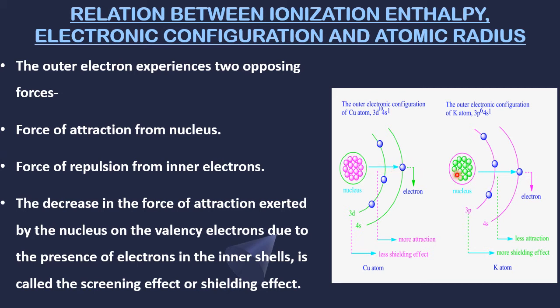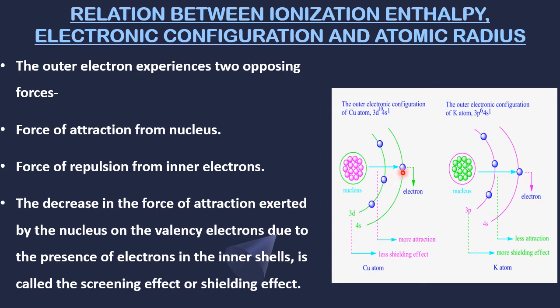See, in 11th class and 12th class, we compare within a particular area. Don't compare here and there. Lithium and beryllium, only there is a comparison. Copper and potassium, only here is the comparison. So these are called particular trends. The general trend is there; once again, I'm repeating from the past class. Apart from the general trends, there are some particular trends, and then we discussed. Here I've taken the example of copper and potassium. In potassium, it is more shielding, so it is very easy to remove the electron, whereas in copper, less shielding, difficult to remove this electron.